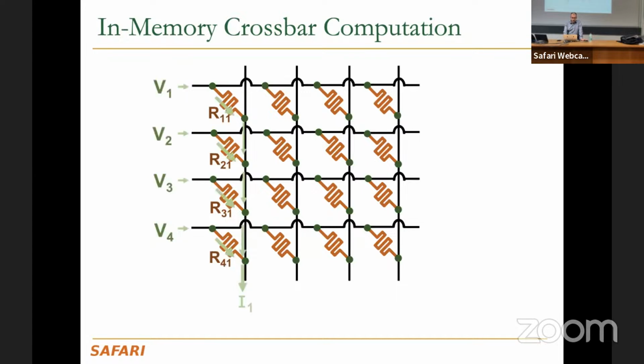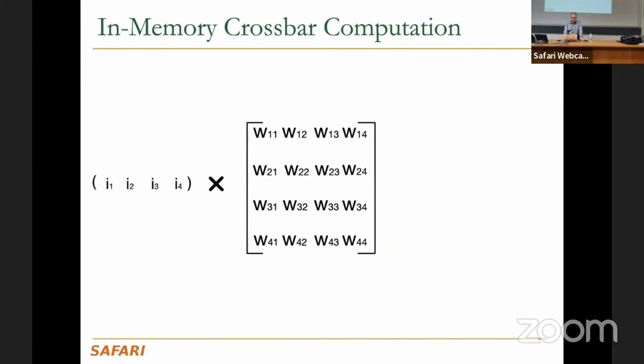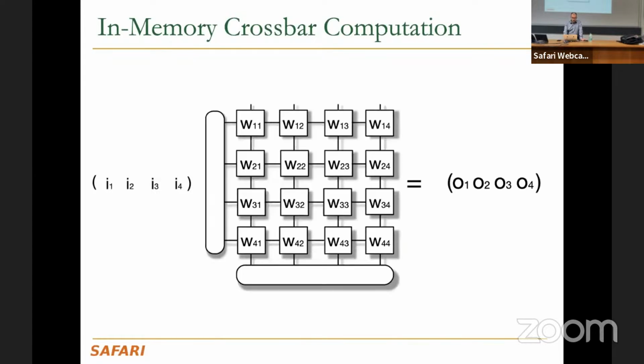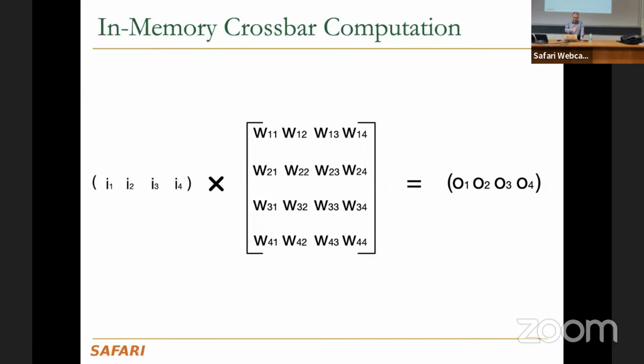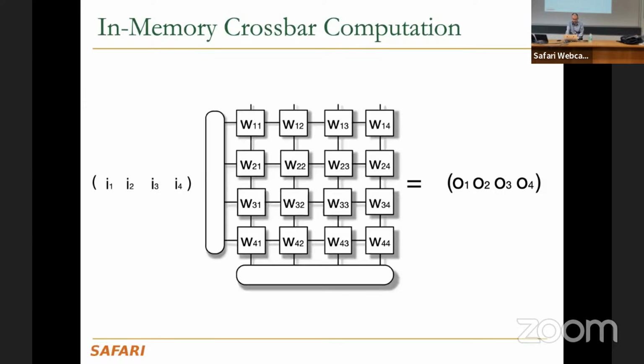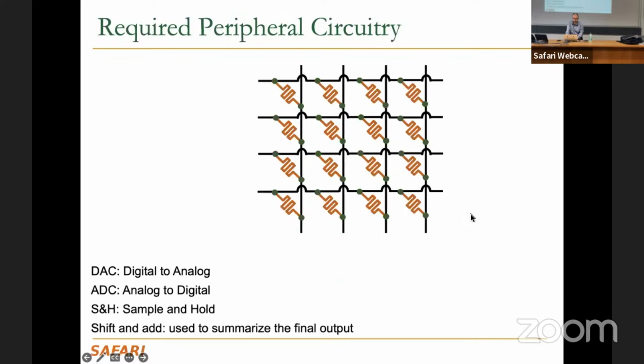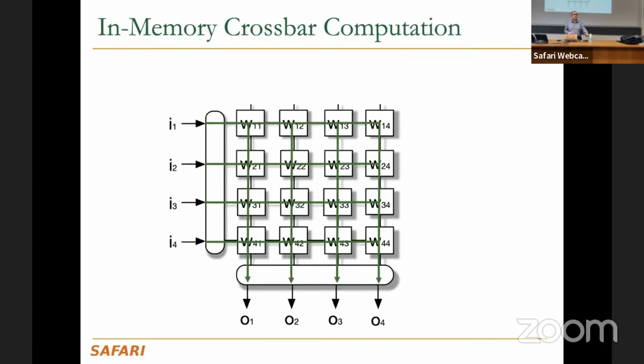You can also see it more from these animations. This is the current value that you can get. Essentially you can consider that you have this input array, and this is your weight matrix. You can have your weight matrices as the resistive values in your crossbar array, and then you input all these values as input voltages, and then you get the output essentially. So that can implement this.